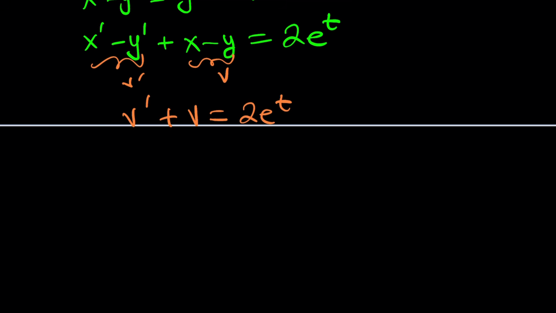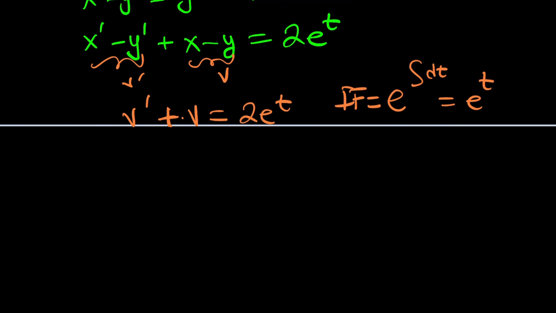The integrating factor is usually, you look at the coefficient of v, I believe. It's 1, and then you raise e to the power of that integrated by t, which is 1 dt, and that'll give you e to the t. Great, don't worry about the constant. So what does that mean? Our integrating factor is e to the t, which means if you multiply both sides by